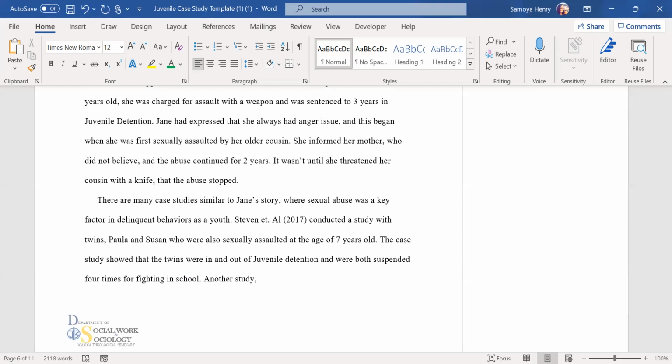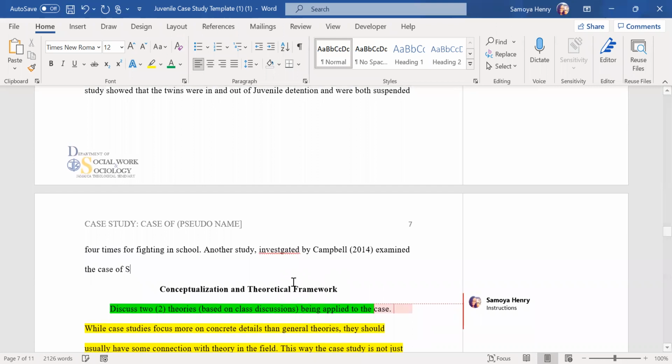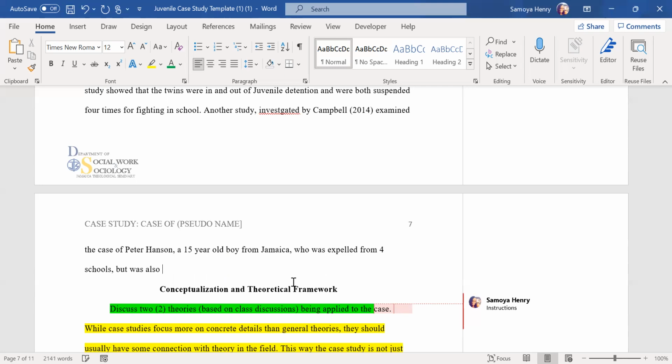Another study investigated by Campbell, 2014, examined the case of Peter Hansen, a 15-year-old boy from Jamaica, who was expelled from 4 schools, but was also determined to have been sexually assaulted by his father at the age of